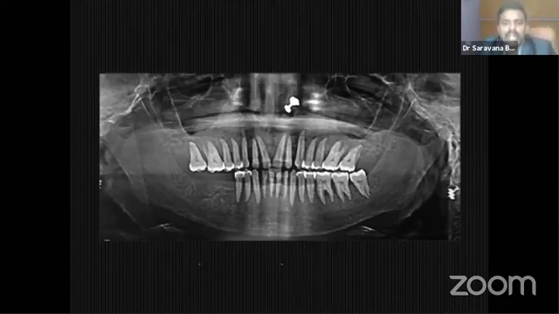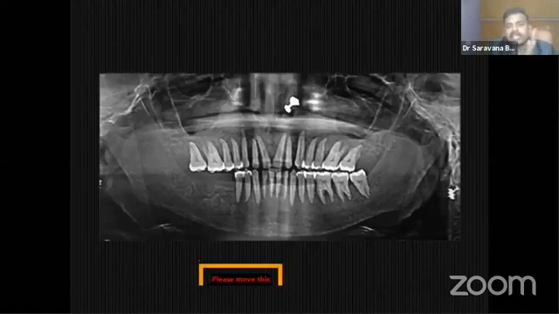If you take an MRI or CT, you can find hyperplasia of the parathyroid gland. If there is hyperplasia of the parathyroid gland, there will be excessive secretion of parathyroid hormone. If there is excessive secretion of parathyroid hormone, there will be depletion of calcium in the body generally. So there will be loss of cortical bone as well as the lamina dura. So that is one of the findings: generalized loss of lamina dura. There is a possibility of hyperparathyroidism.